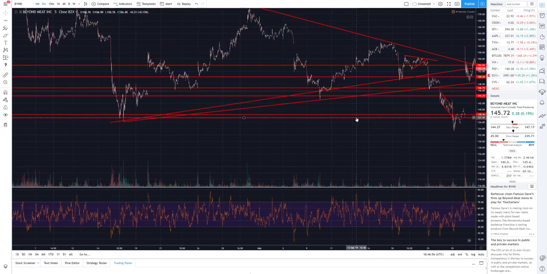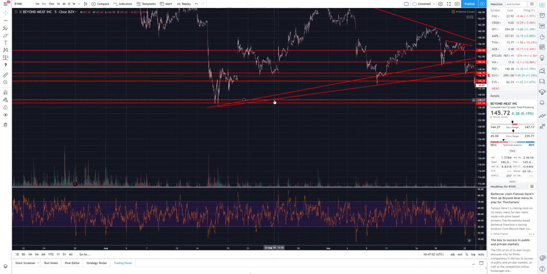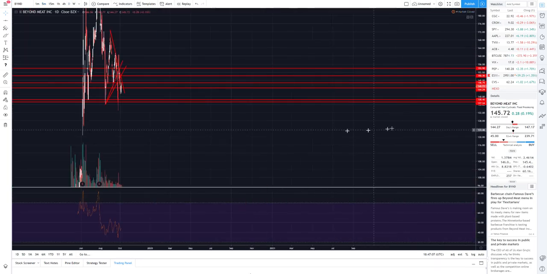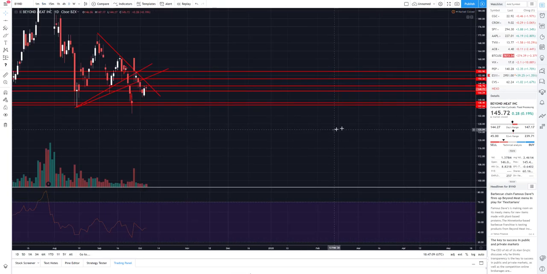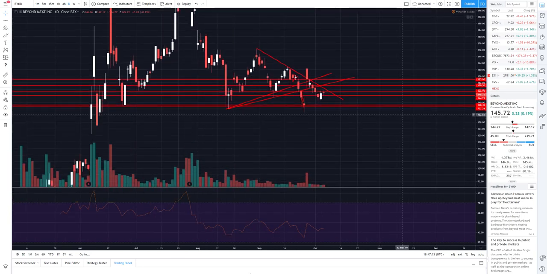Day after day of rejections or tests. That's all the market does, is tests. And let's see where it bounced. Bounced right here. I didn't have that level marked. Actually, no, I did. I had 132 marked. It was a bit off, but